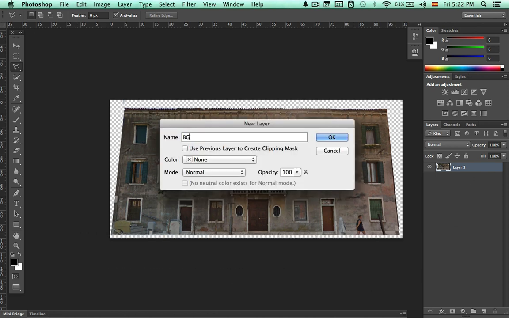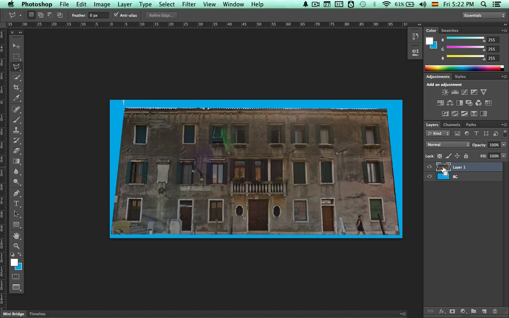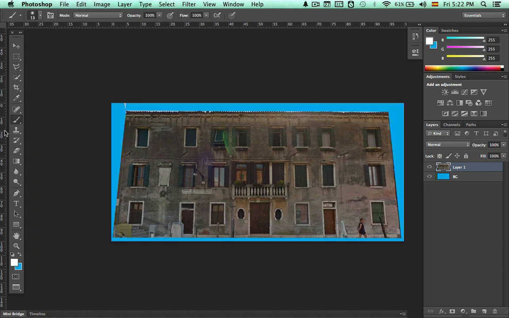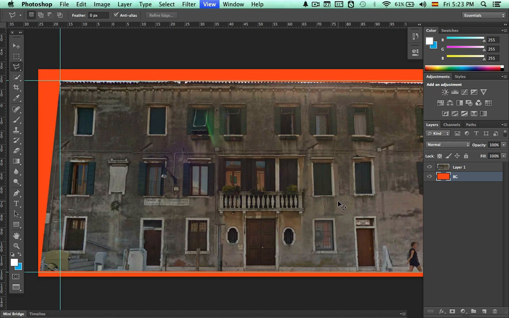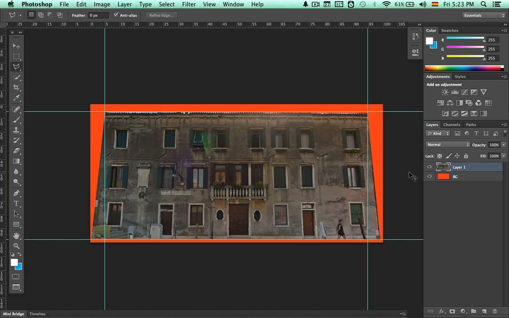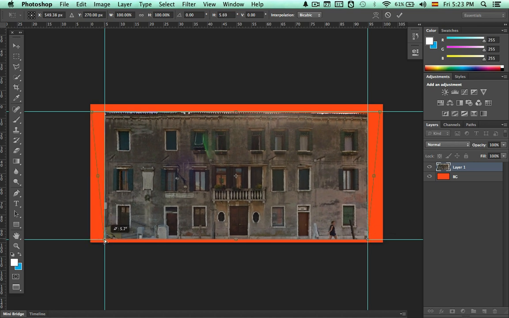So now we're going to make a new layer and fill it with any color that you like. I'm going to use blue for this example. And now we're going to start getting rid of some of the parts that we didn't get the first time. So now I'm going to place some guides. I'm just going to invert that color so I can see this better. And now just using the transform tool, we're going to move those points so this building is on the right